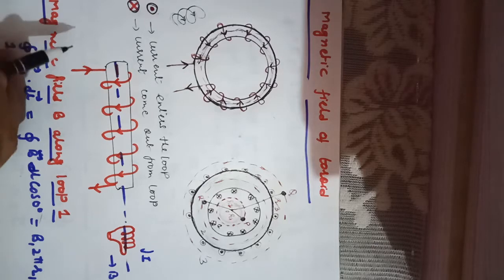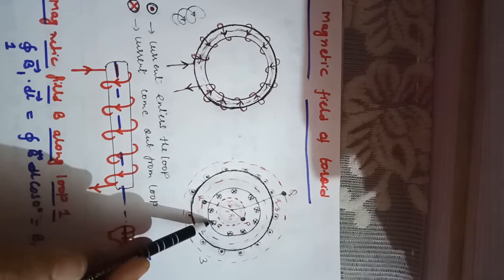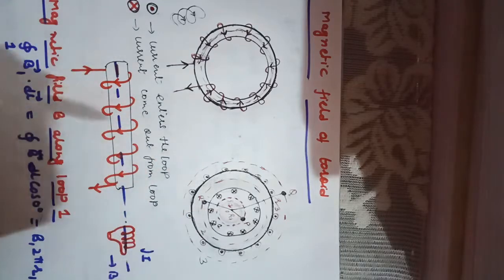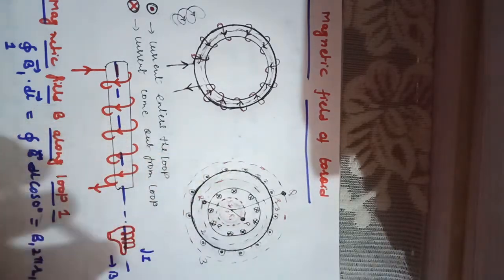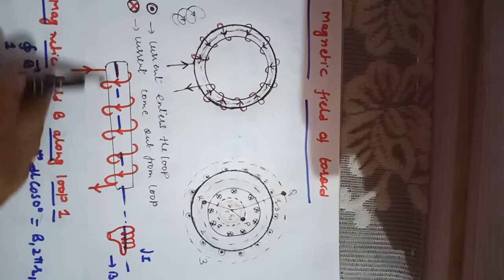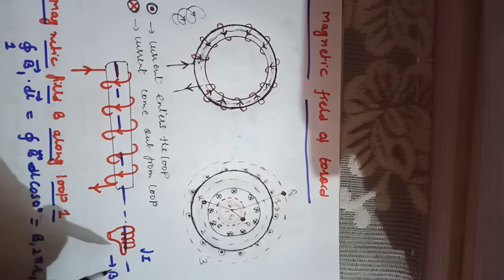So first of all, you will see one thing. I have marked the cross on the inner circumference of the toroid, and I have marked the dot in a circle on the outer circumference of the toroid. How? See, suppose this is a long solenoid. There is a rule which is called the right hand current loop rule. Here we are going to apply the current loop rule. What is that current loop rule?